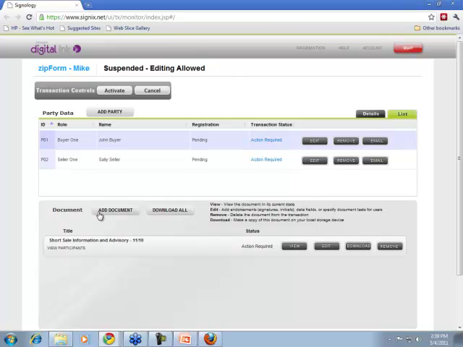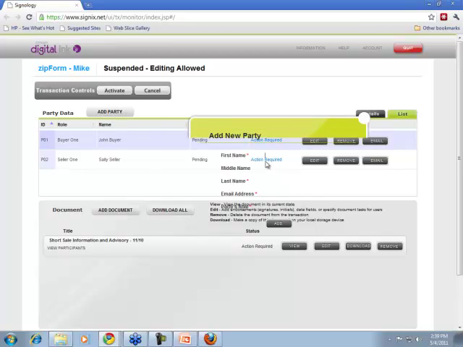So what I want to do is, I've only added these parties. I could have added another party if I wanted to. I could do it right now. Let's just say, I'll just do this as an example. I've clicked on adding a party,